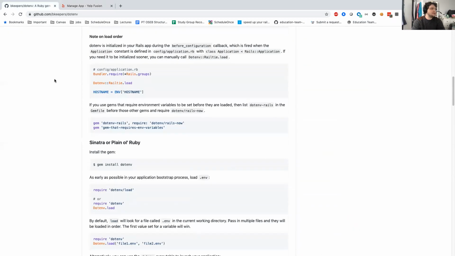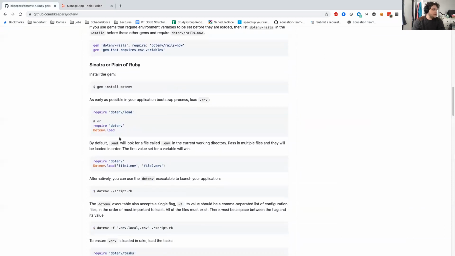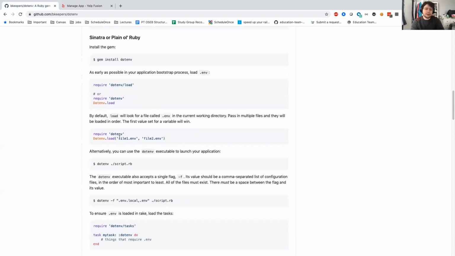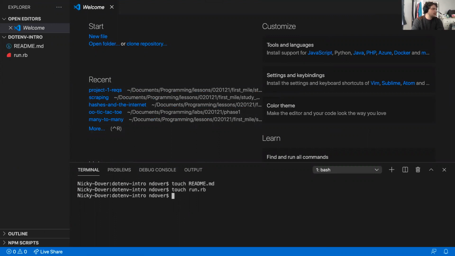And what it's going to allow us to do is define variables in a different file that we can hide from GitHub. So let's start with hiding something from GitHub. I'm going to go ahead and I have this new empty repo. I'm going to touch readme.md. I'm going to touch run.rb. And then I'm going to